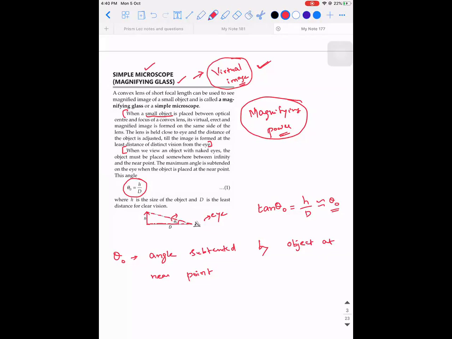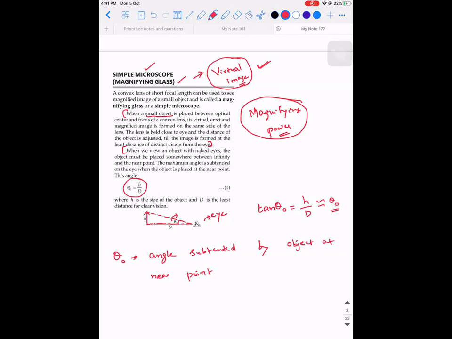You should think about what is the main reason for using an optical instrument. Why are you using an optical instrument? Is it only a virtual image, or should it be virtual? If you revisit the ray diagrams, wherever you place the object with respect to a concave lens, it can never magnify the size of the object.